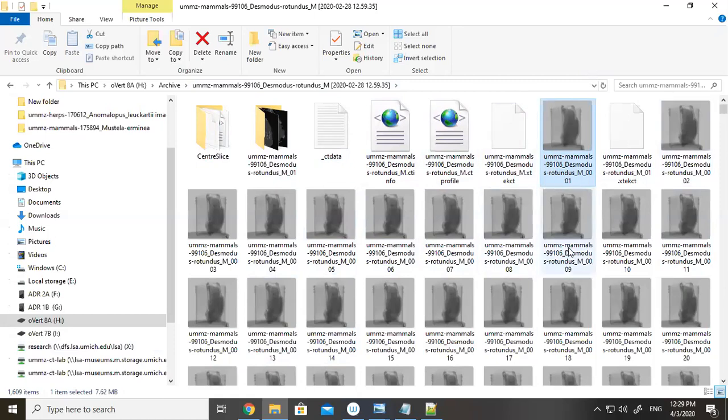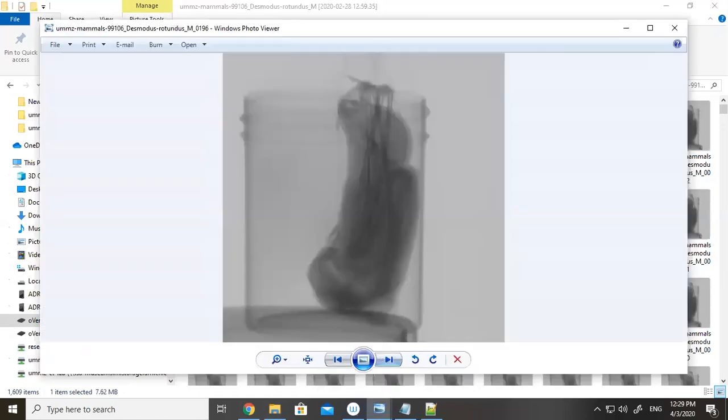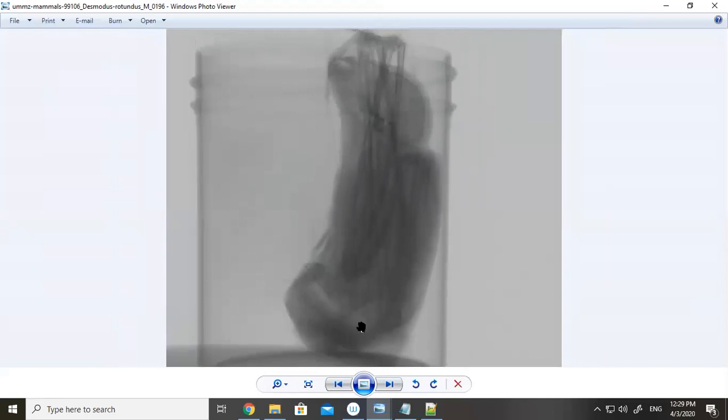So as you can see, these are the projections. If I were to double click on them, or at least one of them, in this case, I already have one open, here we can see just a 2D image of the specimen that was scanned. As we scroll through these, it'll be kind of hard to see, but the specimen is now rotating. So there is an image